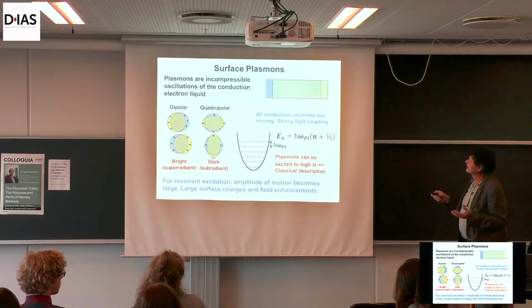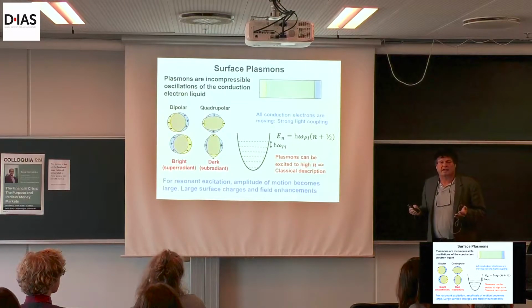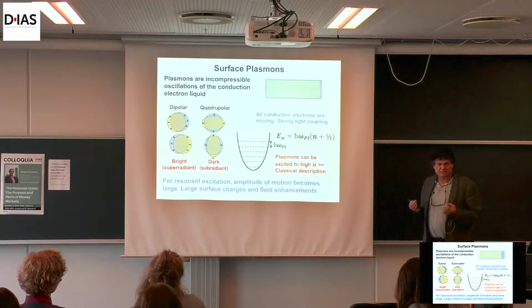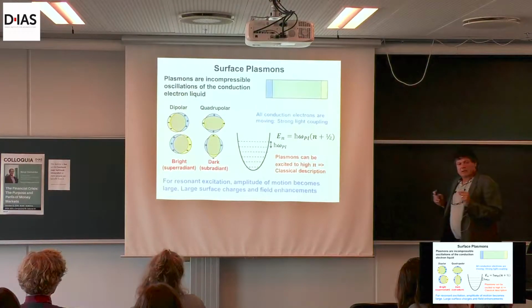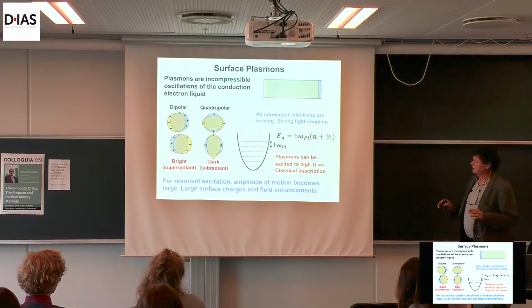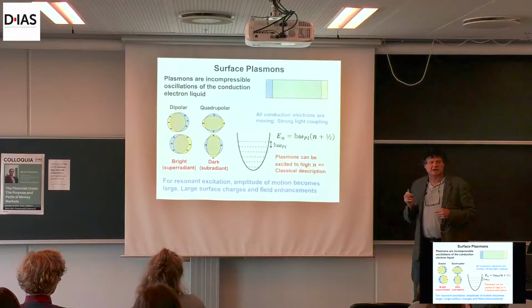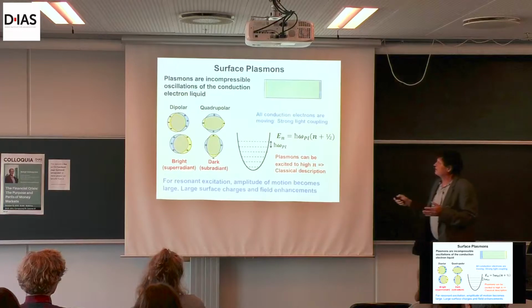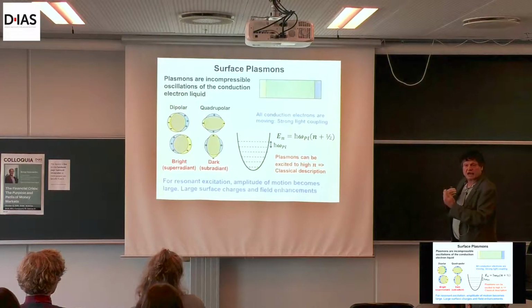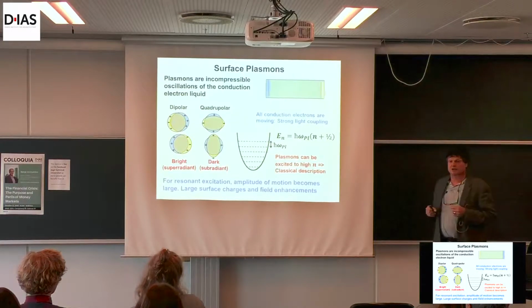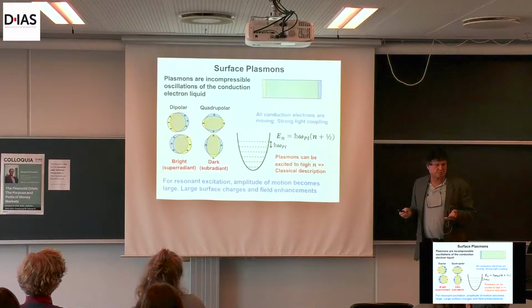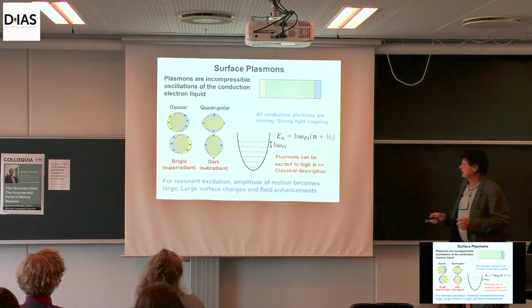Now, because there are so many electrons in a nanoparticle, perhaps 1 million, it has a very large cross-section. So a plasmon can be excited. It grabs light very, very efficiently. I'm going to come to that when we come to sustainability. And another consequence of this large cross-section is that you are getting surface charges, okay? And surface charges give rise to electric fields. So if you drive this plasmon up to a large amplitude, you can get very, very large surface charges, and then you can get very large local fields at the surface, and these are called hotspots, and I will talk a little bit about that.